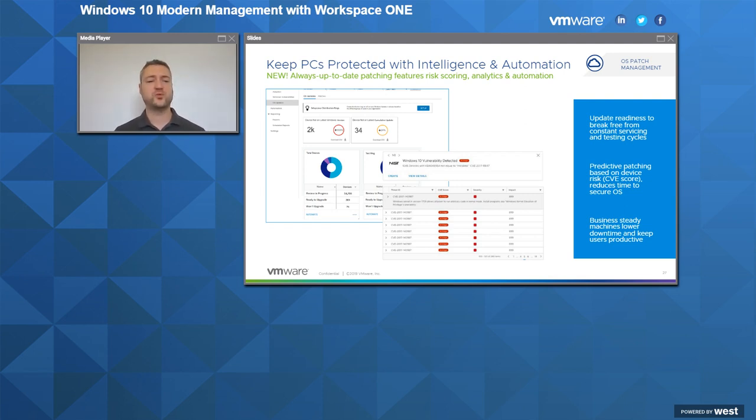And if you think about where Workspace One sits when it comes to the device estate, it sits right in the middle. So if you are using this strategically to manage all of your different devices and all of your applications and all of your SaaS application access, then Workspace ONE is in a unique position to be able to grab information from each of those devices and each of those users.